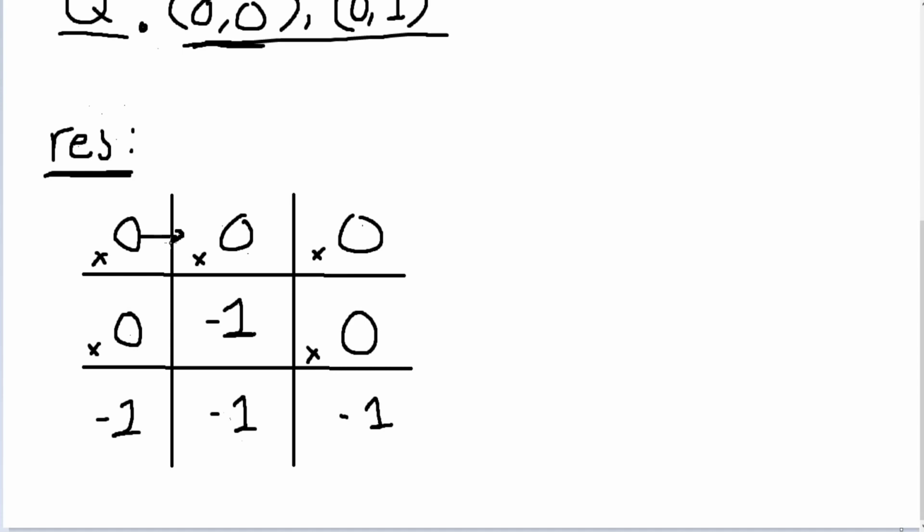Okay, to the right, it is valid, right? But it's a 0. We only want to do something if we see a flag. Now, the flag, remember, the flag that is -1. We decided the flag should just be -1. So to the right is not equal to -1. We don't do anything. Down is not equal to -1. We don't do anything. So simply, it just gets removed from the queue because it gets pulled, and then we just move on to the next